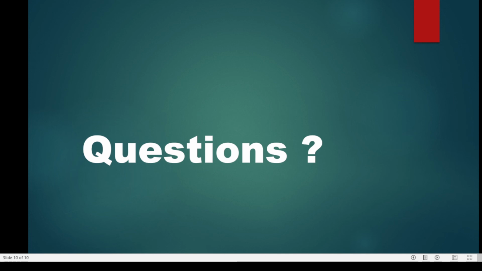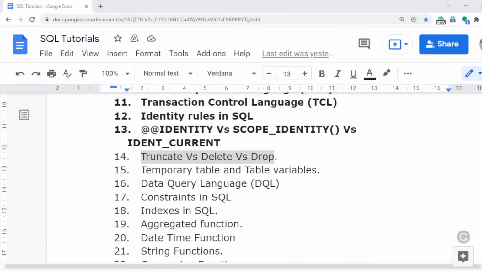We will continue like this training, because it will be very helpful for you to crack any interview in the SQL part. If you are planning to move your career or jump into the IT sector, SQL plays an important role in cracking any interview and working in any profile. In the next video I will discuss the temporary table and the table variable.